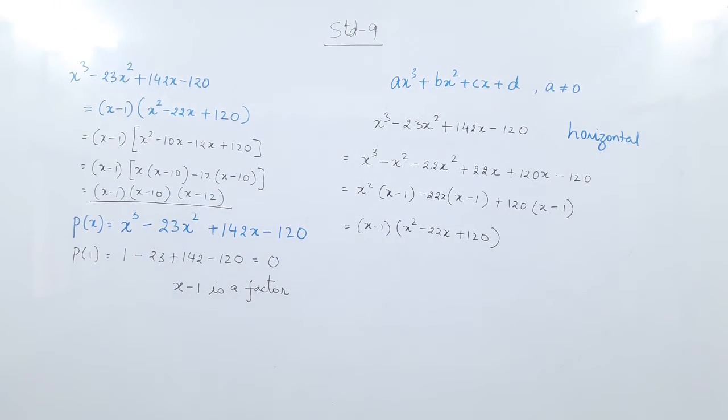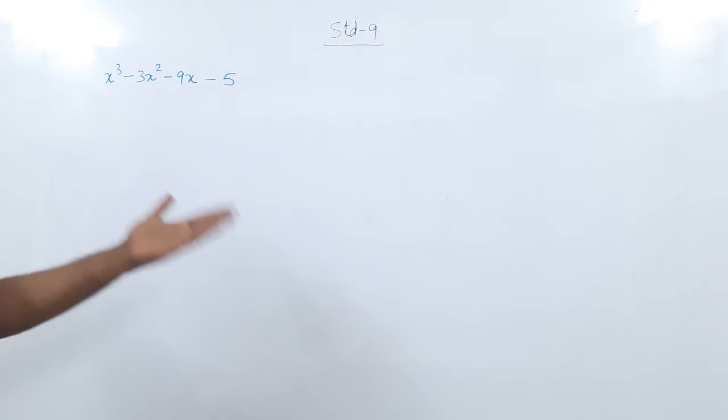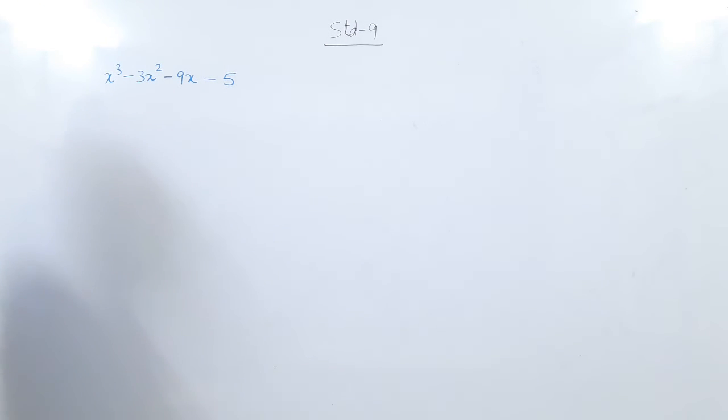So based on these three steps, we factorize the polynomial. So now if you have understood the whole method in complete detail, then we will solve this sum very slowly. And if you have not understood, then kindly rewind the video and see the steps again. Try to understand the three steps we have to do, and then we will proceed to this sum. Okay, I am going to start this sum, but if you have not followed the method, kindly rewind the video, see the three methods one more time, and only then approach this sum. So let us begin.